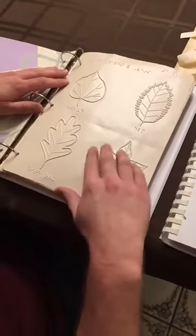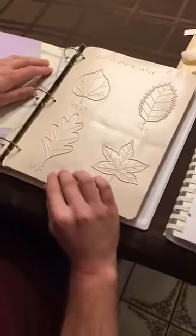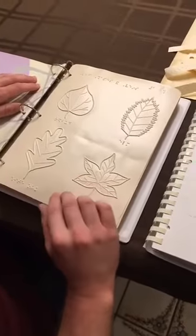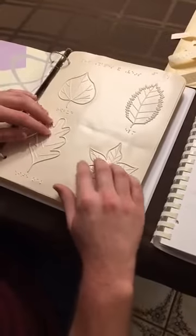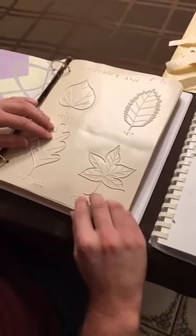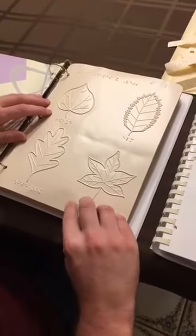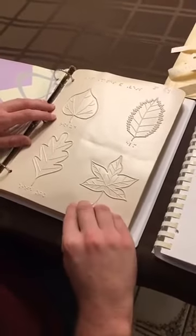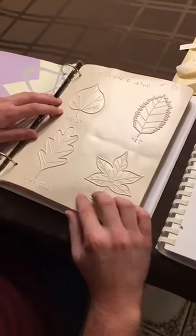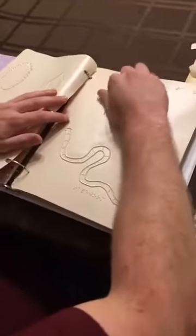I'm not going to go through all of them, but one of the leaf shapes right here, I had my sister look at it, and she said, oh yeah, that's definitely a maple leaf. Well, I had no clue what it was, because there's just all these crazy lines going everywhere. I don't know what's the leaf and what's just lines, but it does have a Braille marking under here, and it says that leaf is actually a leaf from a sycamore tree. So that just shows that even if you're looking at it with eyes that can see, it's not too apparent what it is. And this next page here, go up to the top,